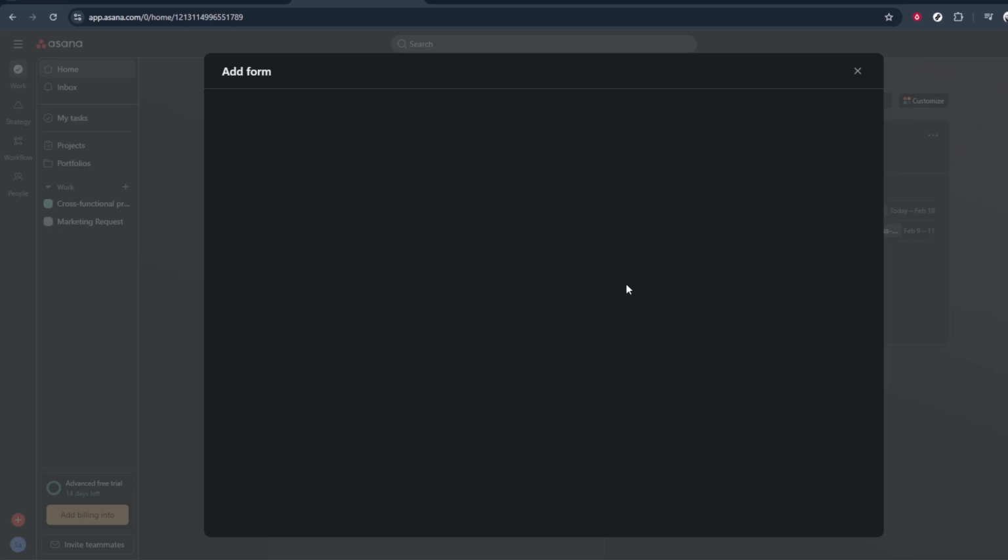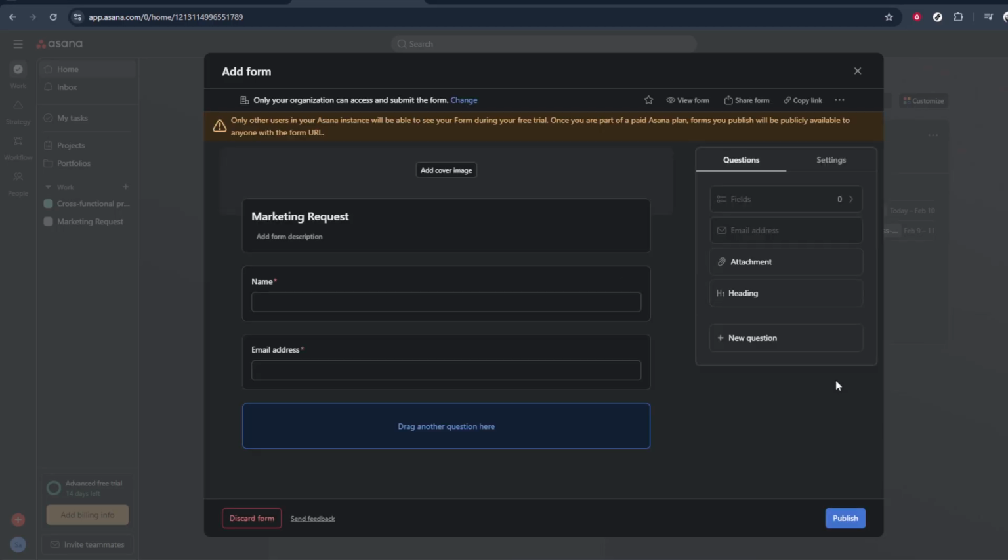When you're happy with the setup, click on Create Form. Asana will save it and link it to your project. From here, you can share the form link with your team or other stakeholders, and every response they submit will automatically show up as a